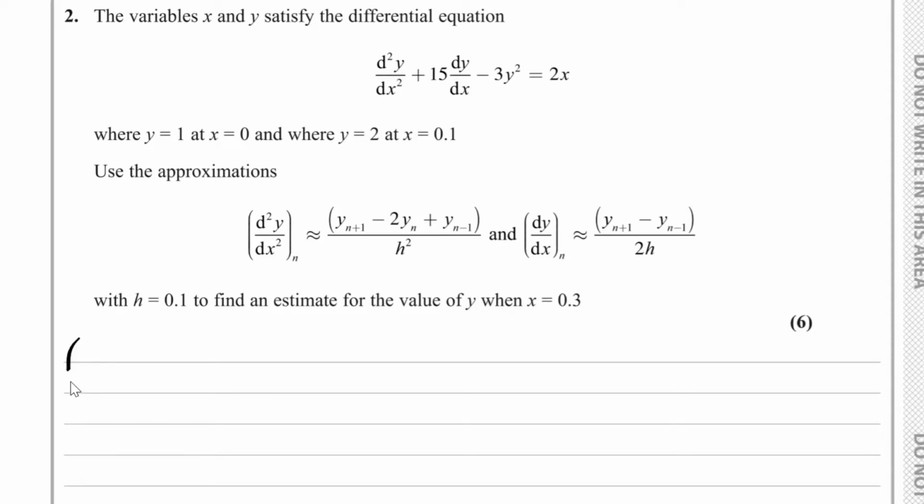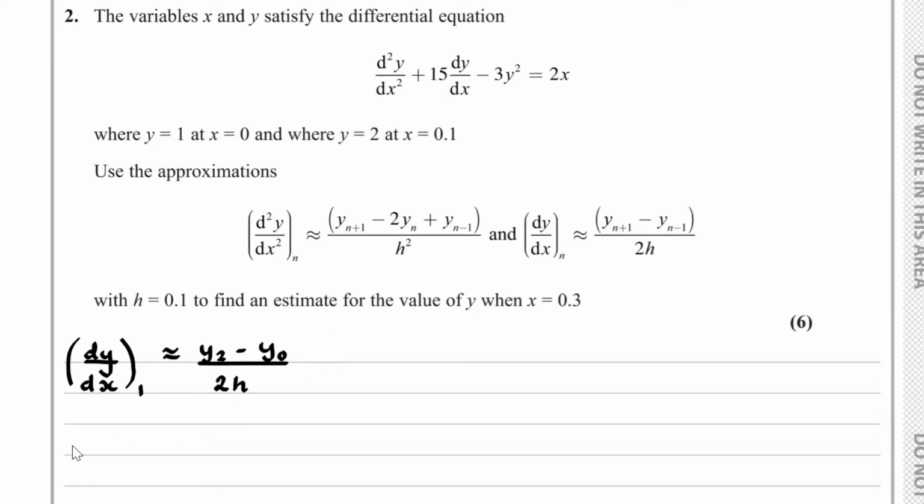So, dy over dx1, using the approximation shown here, will approximately be equal to y2 minus y0 divided by 2h, and knowing the value of y0, which is 1, and knowing the value of h, which is 0.1,